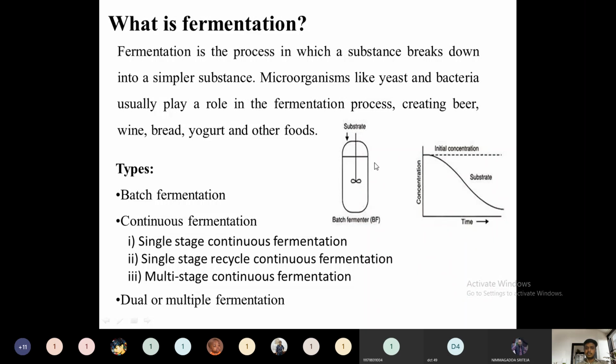because it doesn't have continuous addition of the reactant or continuous collection of the product. At the same time it has less contamination, because in every batch stage we sterilize and drain off whatever products have formed. This process is also very easy to handle. There is no continuous automation. Whatever batch we require, we pour into it. So it is very easy to handle.